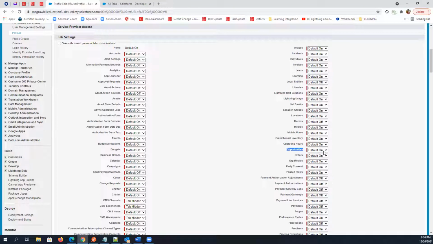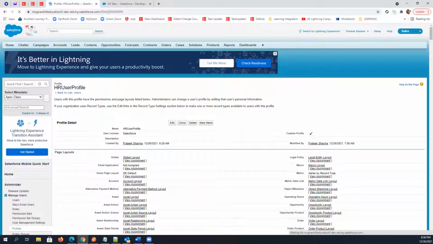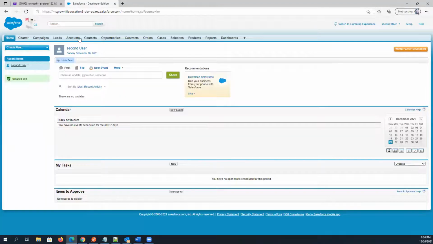By default it is default on, because the user can see it on the header only, right? So I'm just making it tab hidden, and after this, the particular tab will be hidden. And you can simply click on save. I've saved it, right? And currently it is available here. So if I refresh this, sorry, here, then now you cannot see the opportunity tab. So you can always change, right?